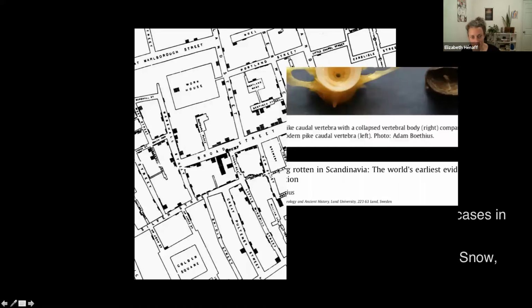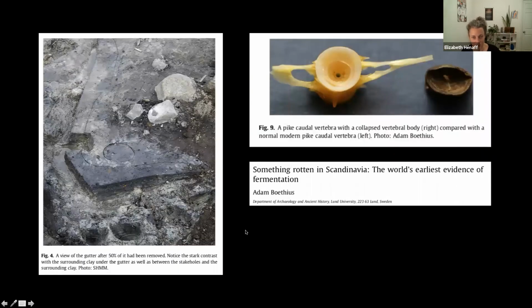Or, for example, this is the oldest bioarchaeological record of the use of fermentation for food preservation. So these were some troughs that were dug in a rock that were found in Sweden that were dated to 9,000 before the current era. And so in these troughs, they found these fish bones that had been compressed, like squashed. And so the hypothesis of these archaeologists is that the deformation of those fish bones, so you see the 9,000-year-old squashed fish bone here compared to a present day same fish bone here.